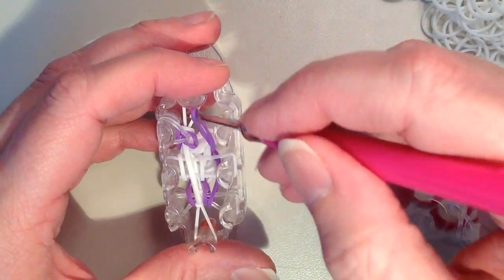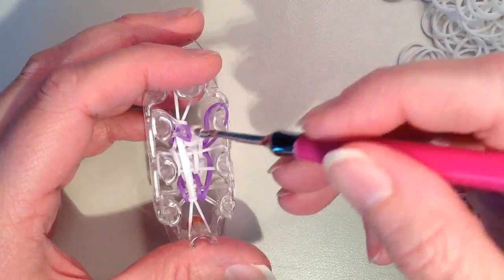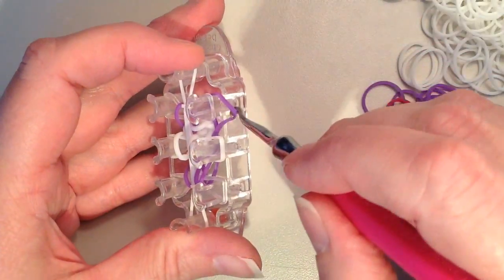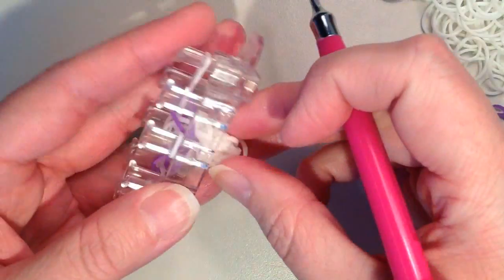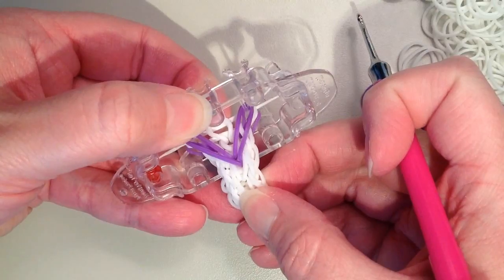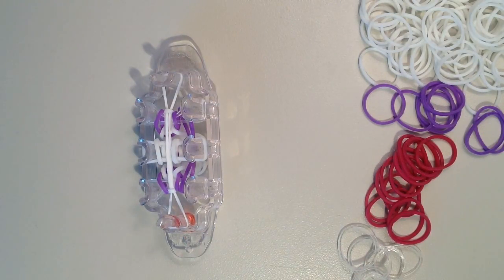So let me just untwist this. So you can see it looks straight. And now I'm able to slide it on, and then you can see here that both of the bands are nice and straight. And so now we've basically just completed one of the heart pattern,